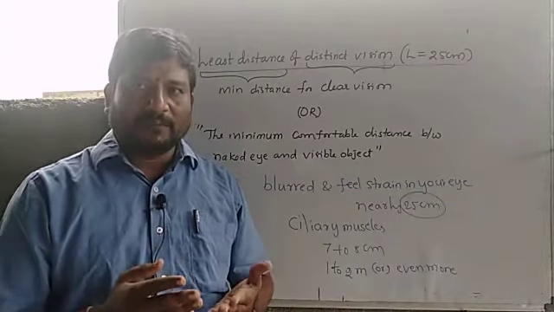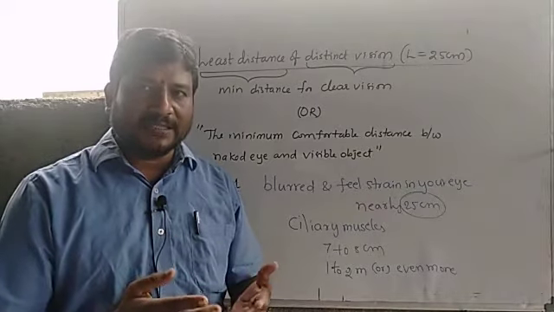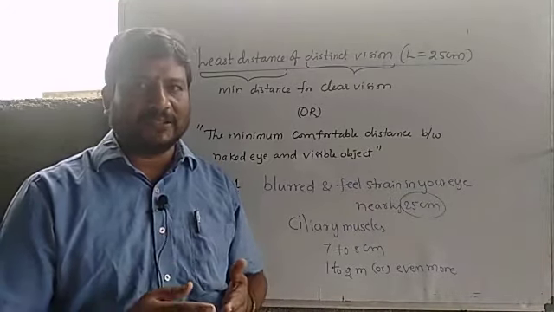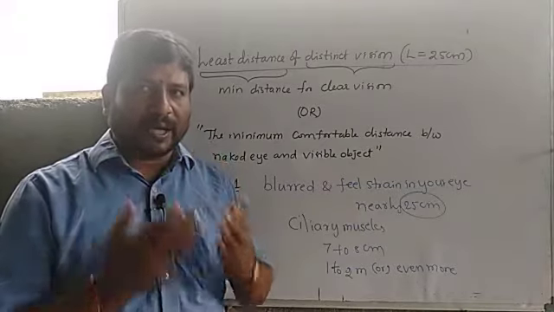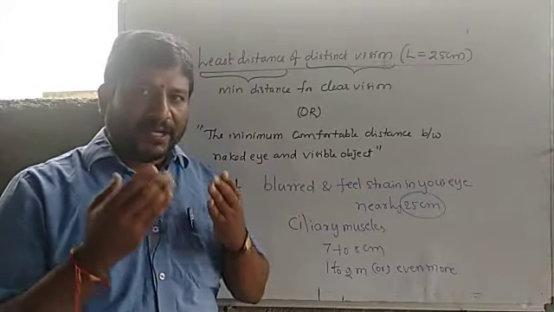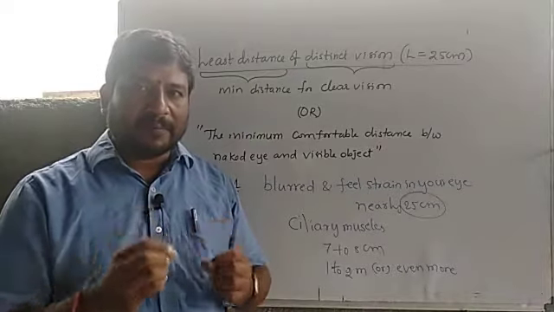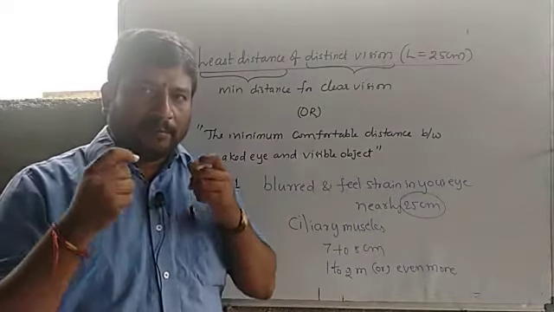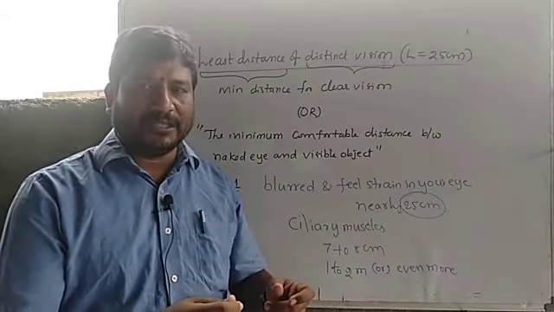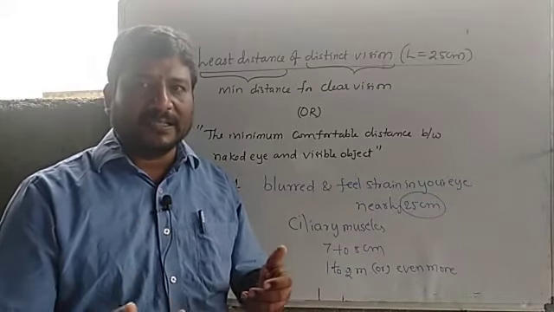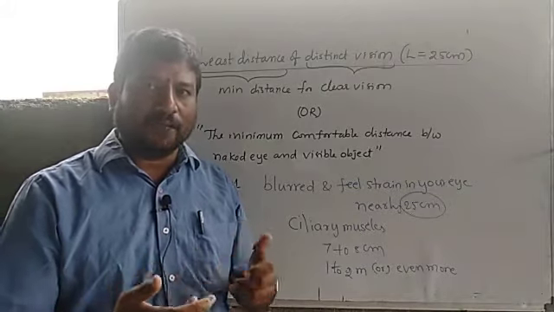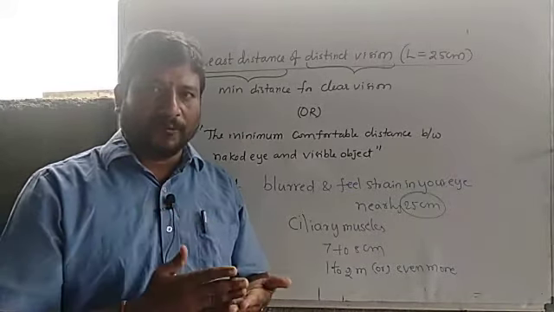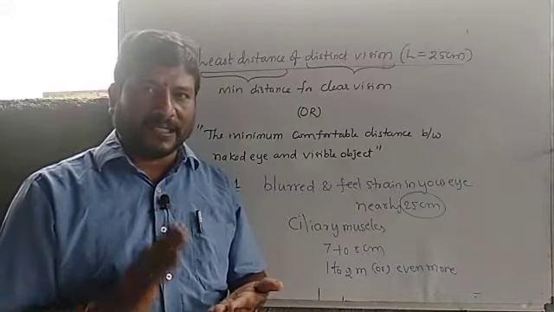Activity 1. Hold a textbook at a certain distance with your hands and try to read the content on the page, and gradually move the book towards your eye. When it is very close to your eye, the letters appear blurred and you feel strain in your eye. Again, move backwards to a position where you can see the letters clearly, distinctly, comfortably, and ask your friend to measure the distance between your eye and the book. It's nearly about 25 centimeters.